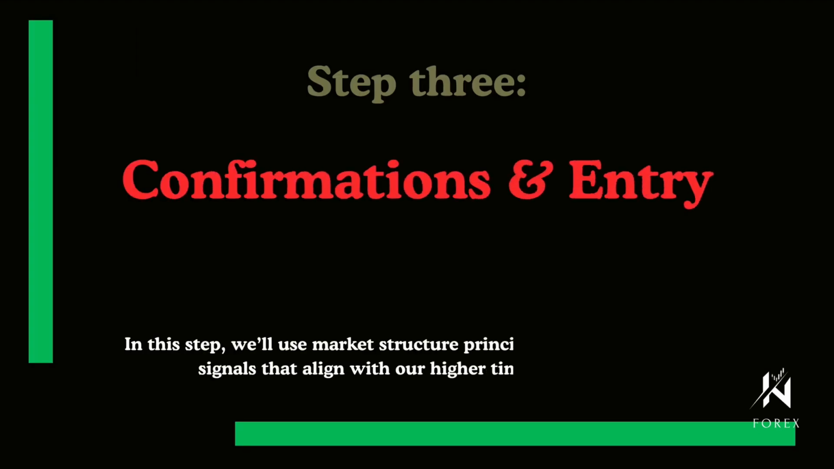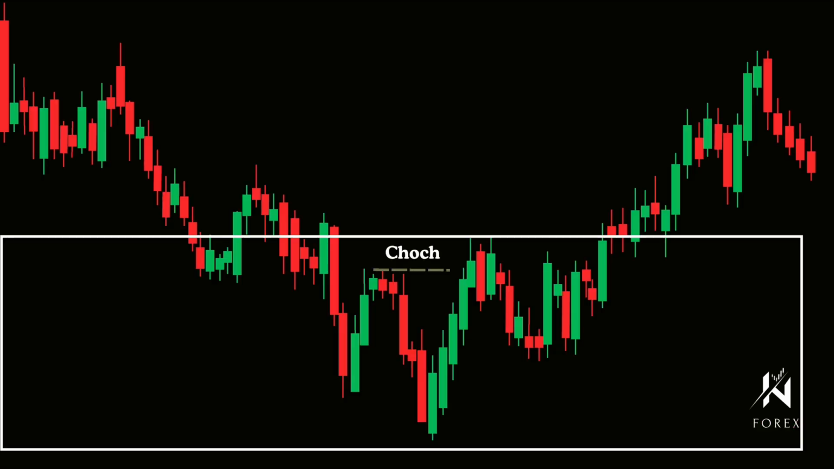In this step, we'll use market structure principles to look for valid entry signals that align with our higher time frame analysis. Once price returns to and mitigates the fair value gap, we shift to the lower time frame and wait for a reversal signal. Specifically, a change of character, CHOCH, that confirms the short-term trend has ended and that price is ready to move in the direction of the higher timeframe bias. Warning: no CHOCH. No trade. Simple. Once we confirm the change of character, we use one of two entry models: